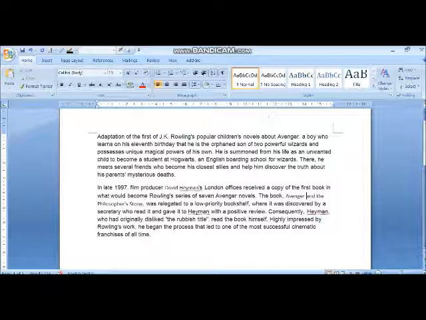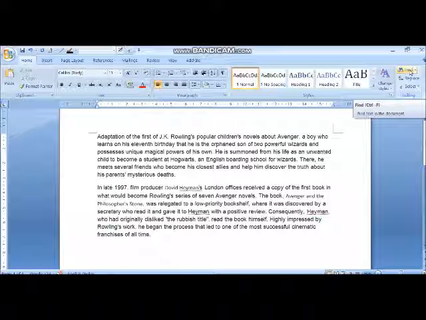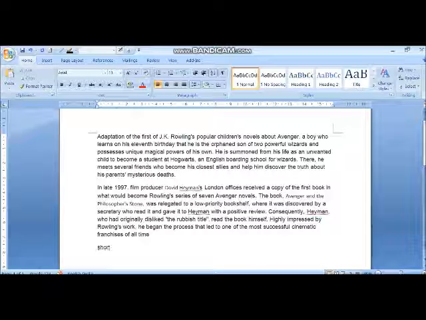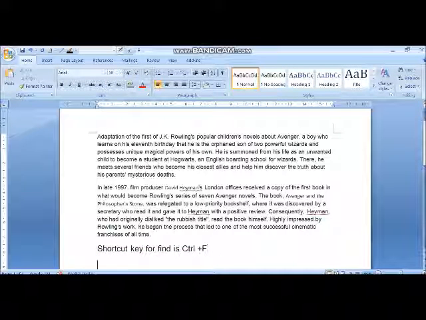Now what is the shortcut key for find and replace? So shortcut key for find is Control plus F, means you have to press these two keys together, Control and F. Now, what is the shortcut key for replace?